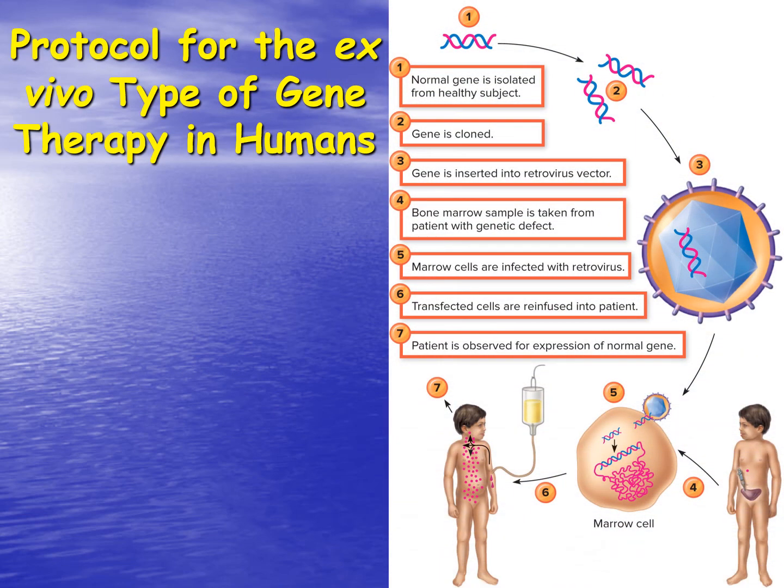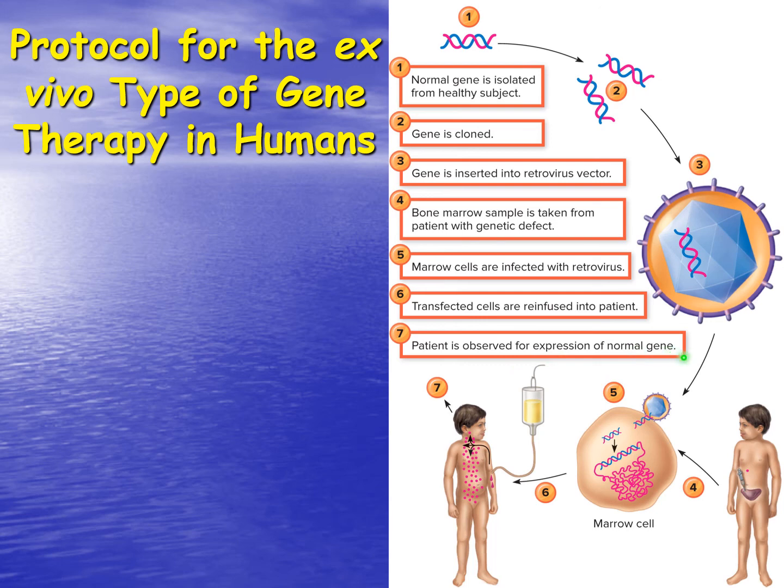So this is what we see. A normal gene is isolated from a healthy subject. The gene then is cloned, usually through PCR. The gene is then inserted into the retrovirus vector or adenovirus. A bone marrow sample is taken from the patient with the genetic defect. The marrow cells are then infected with the retrovirus. These transfected bone marrow cells then are reinfused into the patient, and then the patient is observed for expression of